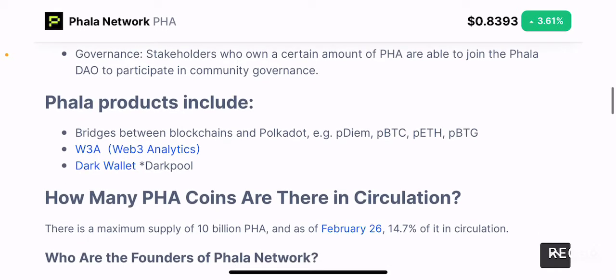So governance: stakeholders who own a certain amount of PHA are able to join the Phala DAO and participate in community governance. Again, if you take any project, they have a governance aspect to their tokens. Similar to that, the PHA token has a governance aspect to it as well. So if you hold a sufficient number of PHA tokens, then you are basically eligible to participate